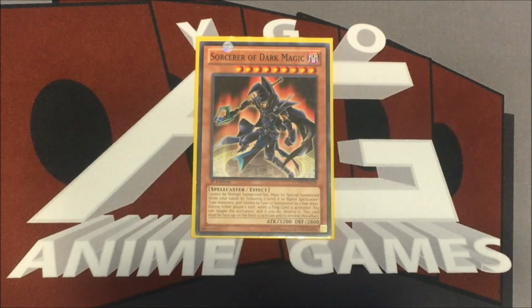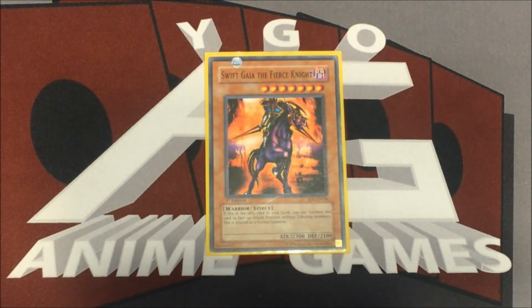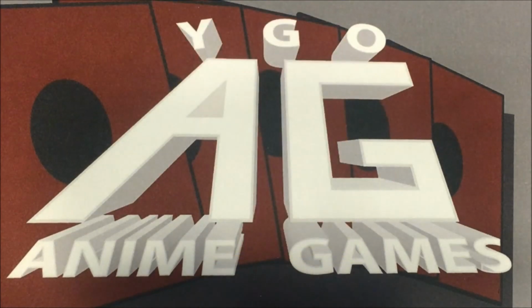But Blue Eyes Shining is something we did change, because it was missing its destruction effect, which was absolutely key in the game. Swift Gaia the Fierce Knight. So, special summon,